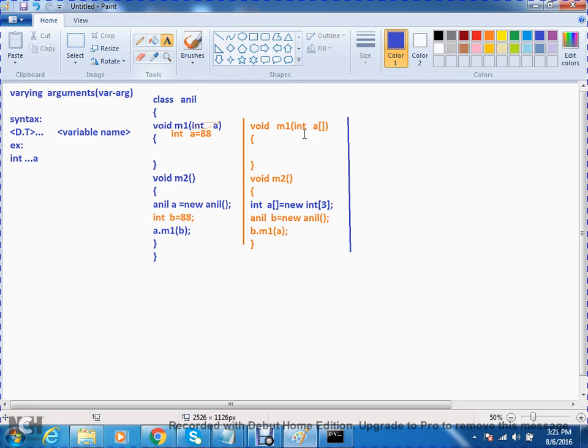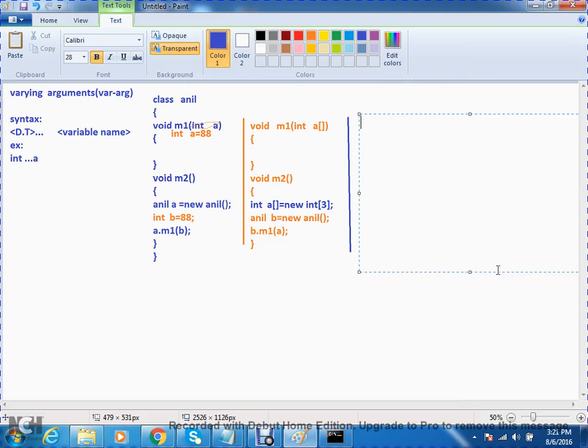Now observe here, void m4 of int i. Now void m5. Within m5 I want to call the m4 method, b.m4.